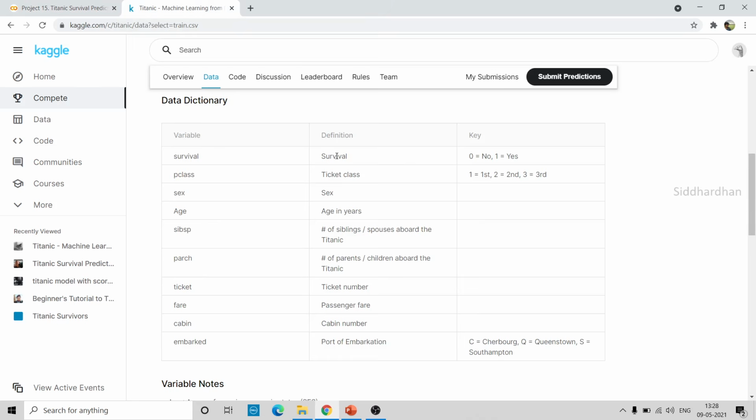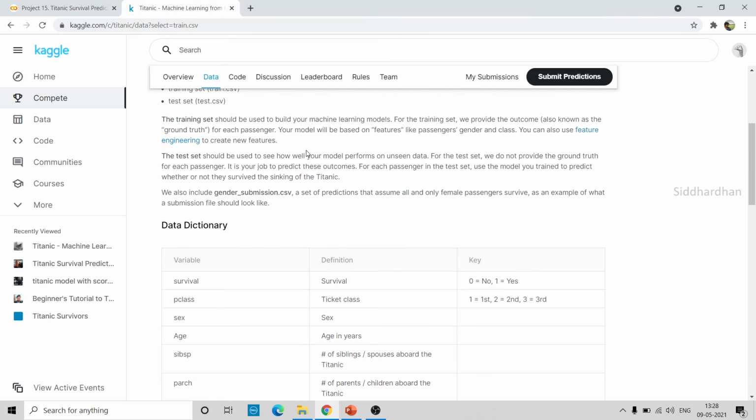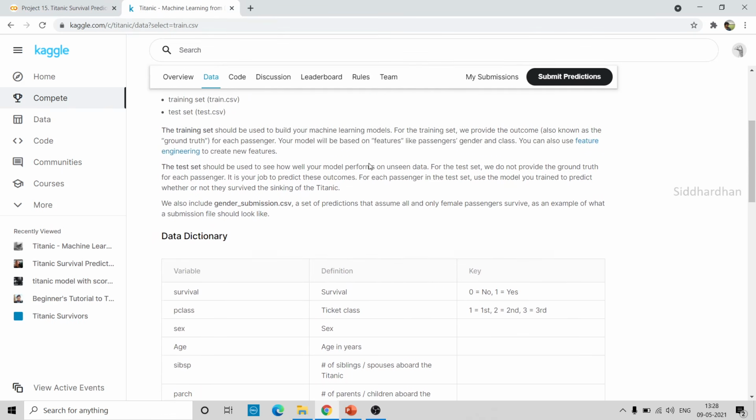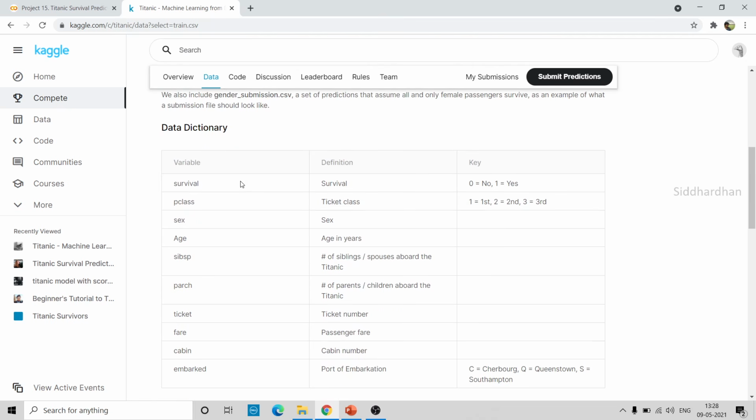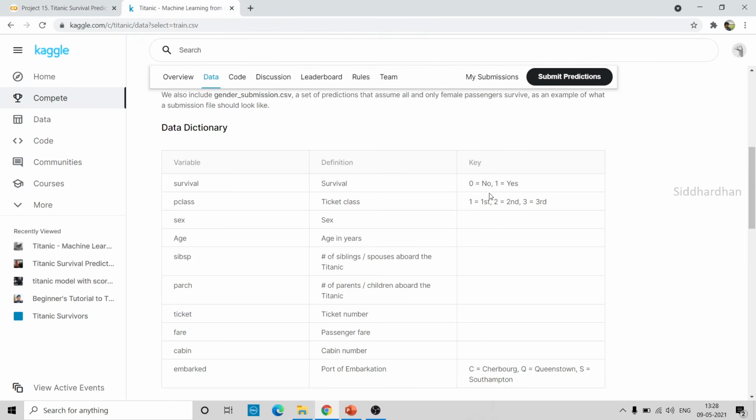So you can again come to this data set. I'll give the link for this particular data set in the description of my video, so from there you can download the data set. You can see the data dictionary here. So we have a survival column, right? It tells whether the person has survived or not. This survival column has values as either 0 or 1, right? So here 0 represents the person did not survive and 1 represents that the person has survived. Okay,